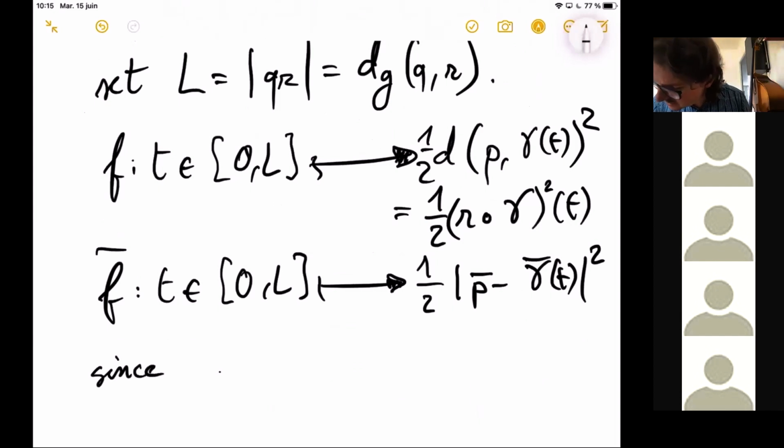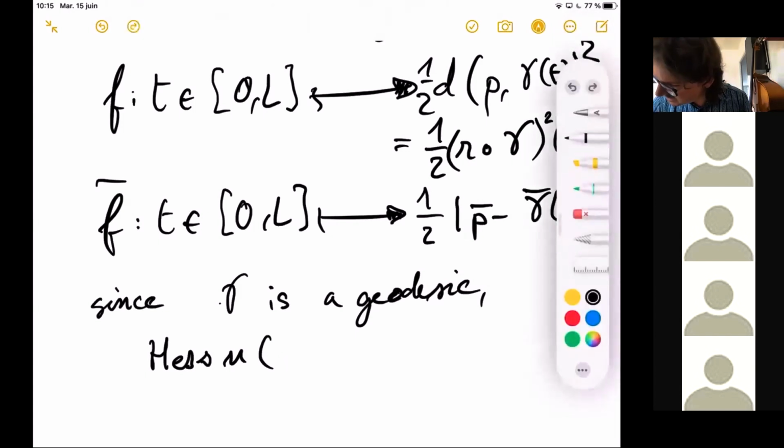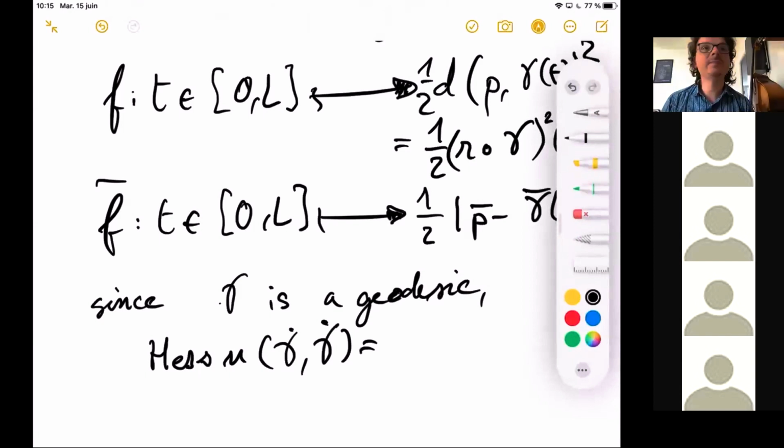Since gamma is geodesic, unit speed actually, if you want to compute the Hessian of any function u in the distance in the direction of any tangent vector to the geodesic,